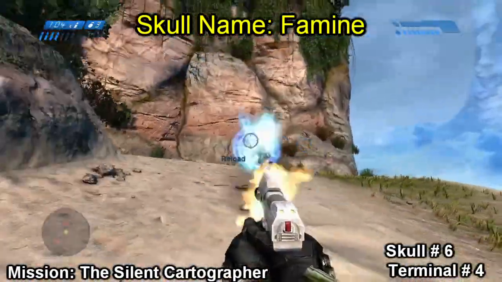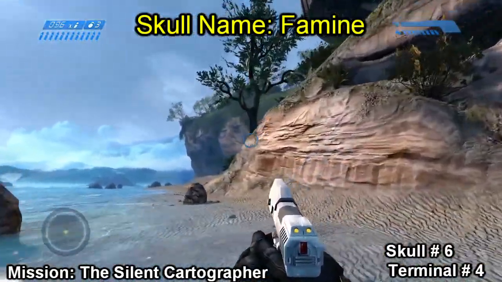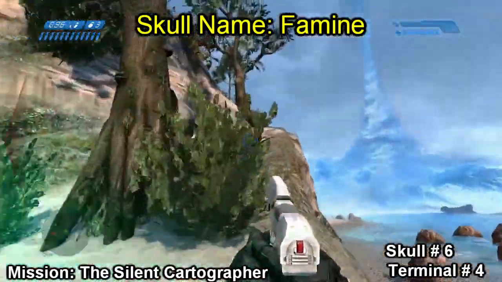You got to go all the way around it. There's a bunch of Covenant around here that you got to fight, and there will be a little path you got to walk up along this sort of rock hill right here. Now, once you've walked up along the path of the rock hill right here,